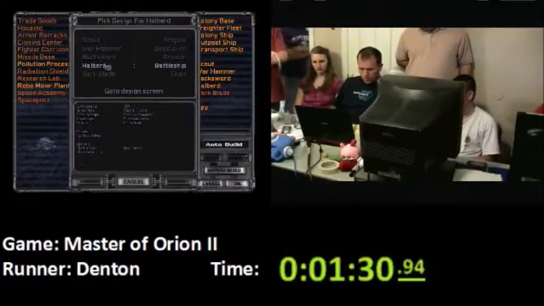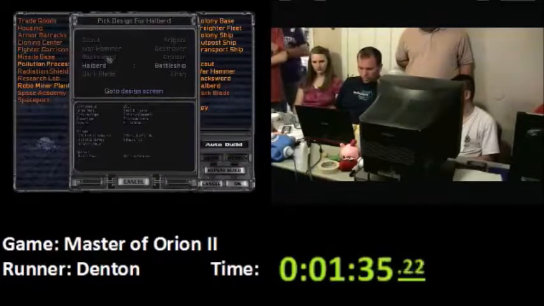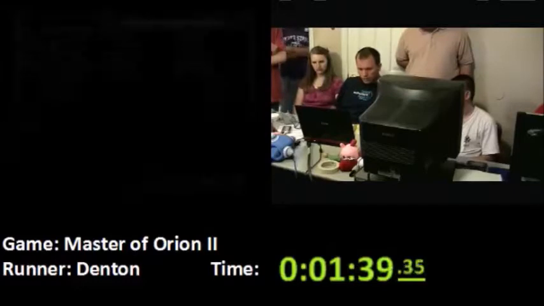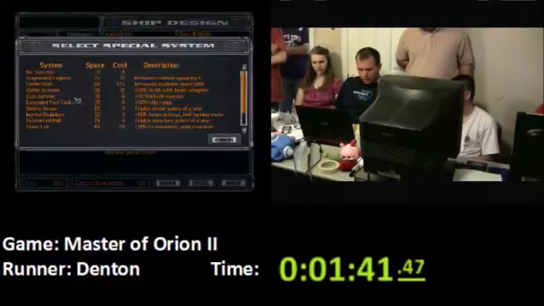And he lucked out here. He got 3 big ships, which is good. And I got some more weapons on because of a level of refinement. And I got another smaller ship. I'll get that designed real quick. Yeah. So